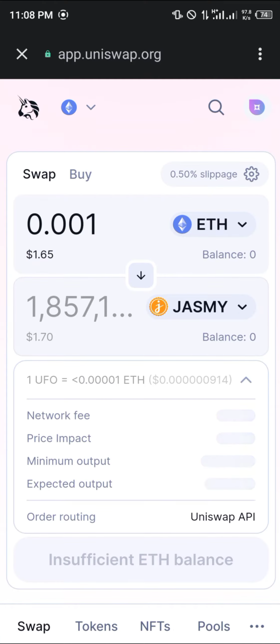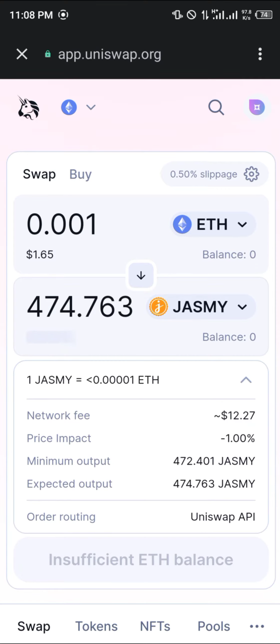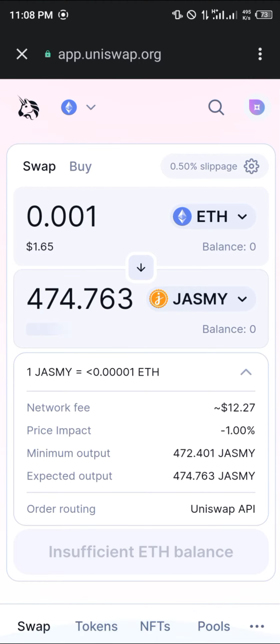And with that, we're going to be buying $0.001 worth of the Jasmy, which is equivalent to 472,000 or 472 of the Jasmy coin. But due to insufficient balance, we can't get that. Another thing to note is that the Jasmy costs about $12 worth of gas fees. And if you'd like to get this done for cheaper, all you simply need to do is